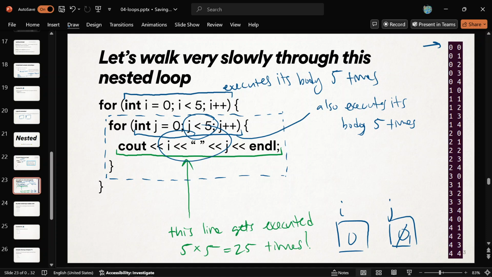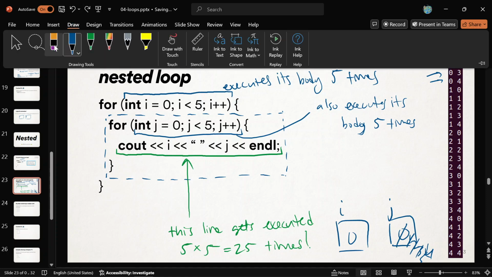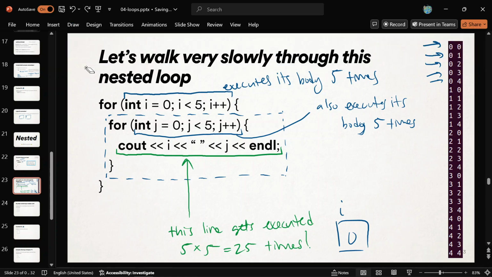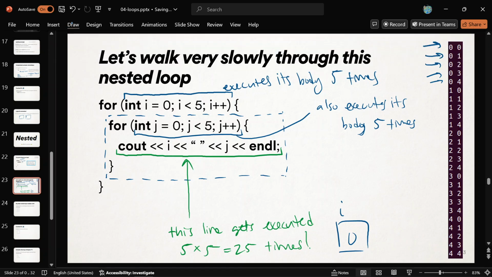i has not changed. We are working on that inner loop. To run a loop, you have to keep going until it's done. So we got 0, 1 next. Okay? And I think you can imagine that's why you see 0, 2, 0, 3, 0, 4. That's why we have those lines. And then this loop is done, right? Because it makes it 5, and 5 is not less than 5. And so this entire loop is done, and also that j belonging to it. So now the j's dead. j's gone now.